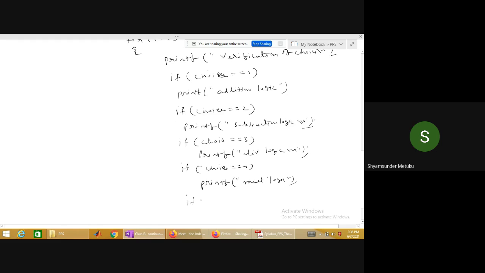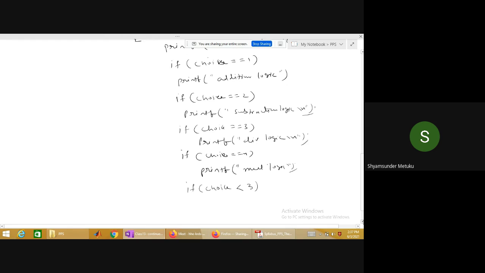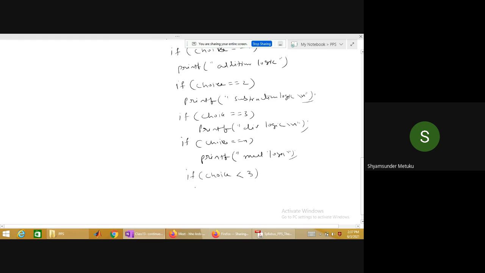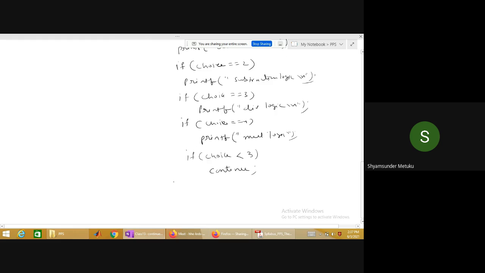If choice less than 3, continue. Yeah, I'll do one thing. Printf program is exiting.